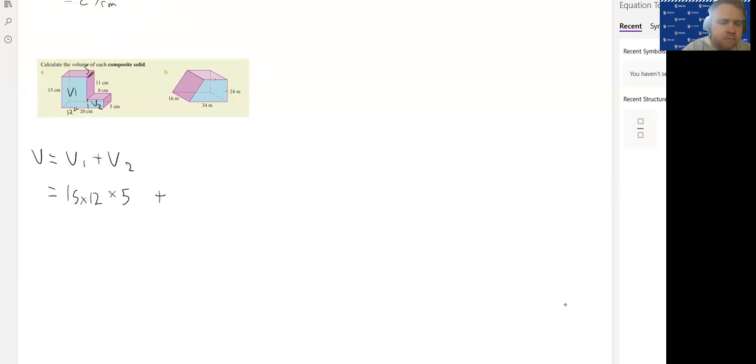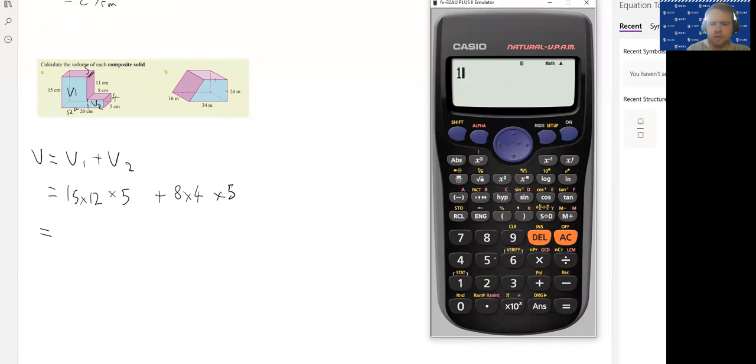Okay, that's V1. And then for V2, we've got 8. And then the height of that thing here, if we think about it, the total height is 15 and this height is 11, so that height's going to be 4. So it's going to be 8 times 4, and then the height, which is 5, is the same. Okay, and then we put that in our calculator, and we will get the total volume of this composite shape. So 15 times 12 times 5 plus, make sure you get your times and plus right, 8 times 4 times 5 equals